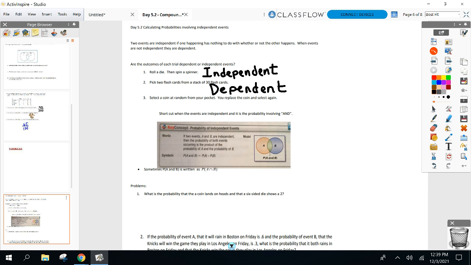All right. You got coins in your pocket. You take one, notice it, put it back in. Will it affect the second time you pick? Do you still have the same number of outcomes? Yes. Why? Because you put it back in your pocket. If I kept it out, they would be dependent on each other. Everyone see that? If it affects the number of outcomes, it's dependent. If it does not, it's independent. If your number of outcomes remains the same, it's still independent. All right, so I just wanted to go over that because those words will be coming up.